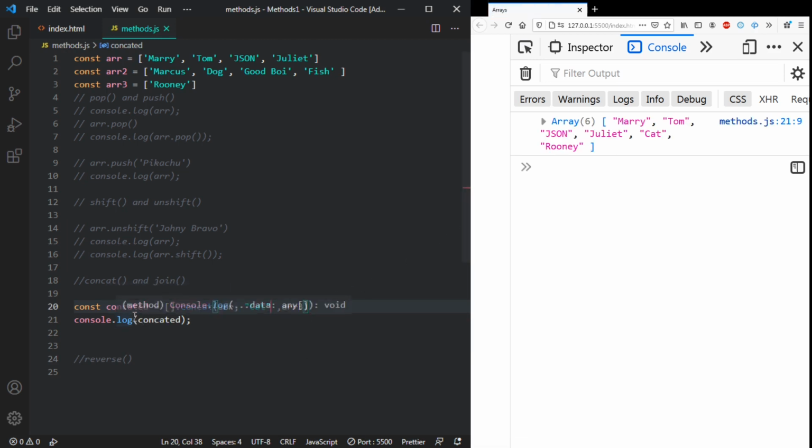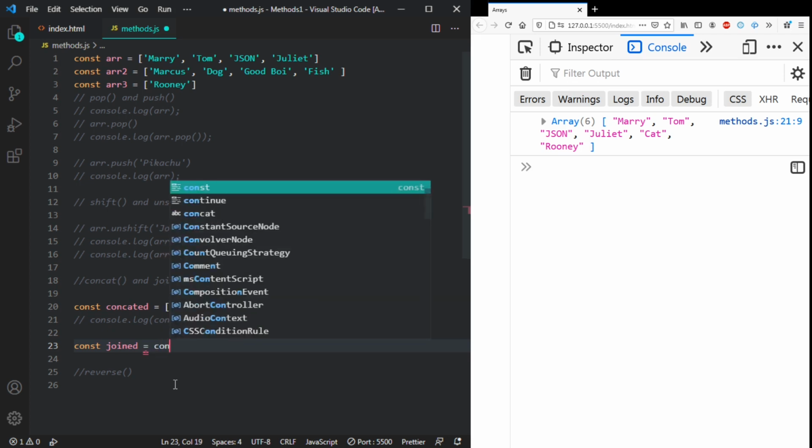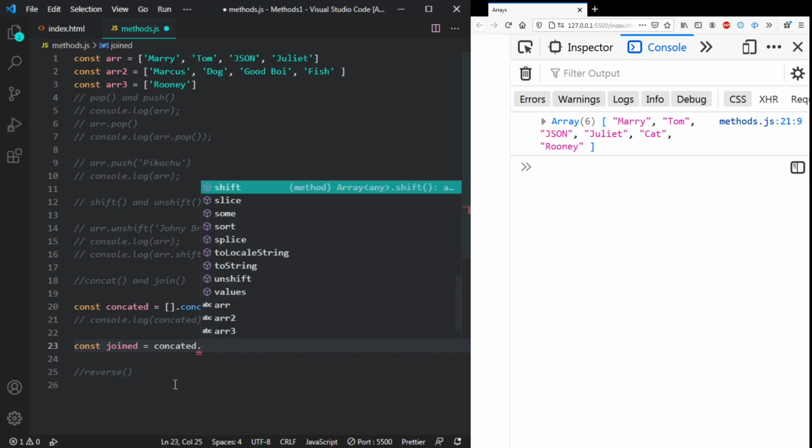So we got now our concatenated array, and what we can do with it is to use our join method. And what the join method does is it creates a string from our array. So I will just console log our concatenate. I will create a variable called joint, and I will say concatenate.join,